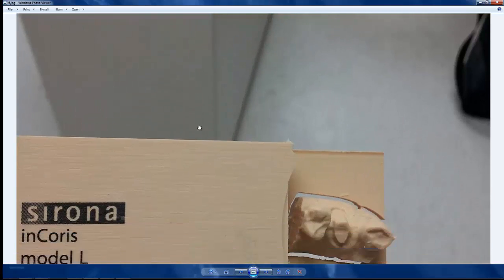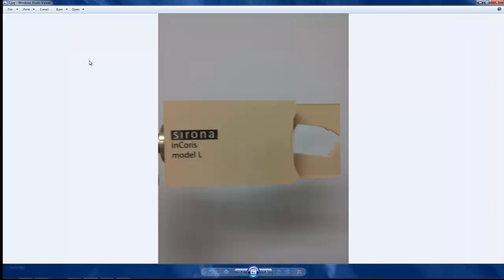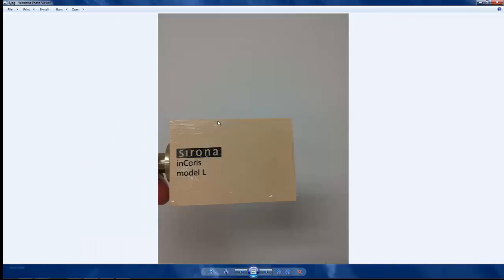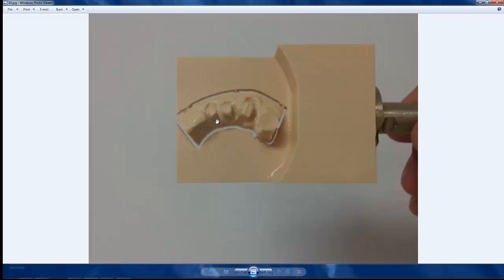Here in this case, I had a TZI crown. I wasn't sure about the contacts, so I milled a solid model to double check the contacts before I send the case out to the dentist. I had a lot remaining in this block, so what you can easily do, you break this part, then you level it with the trimmer. You have your block, and I used it to mill another solid model for a TZI lower anterior bridge to check the contacts. Usually I don't do that, but in some cases I'm not so sure about the impression, or I have some doubts, so I mill a solid model